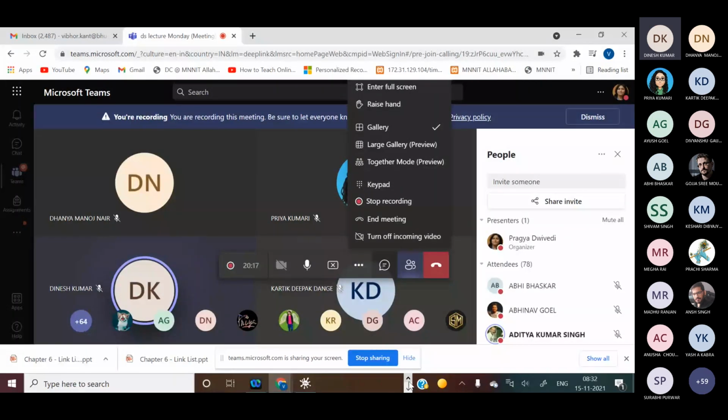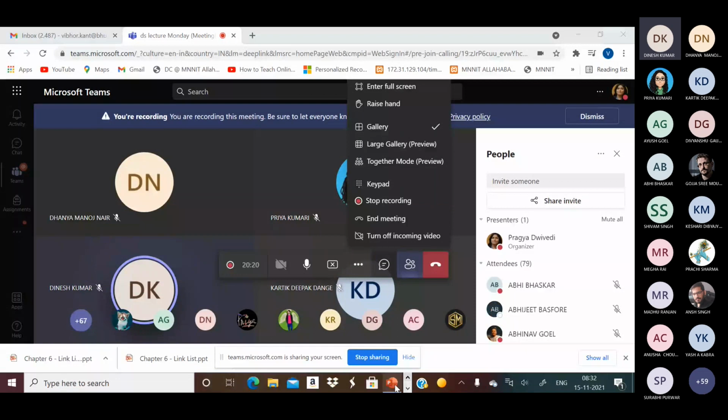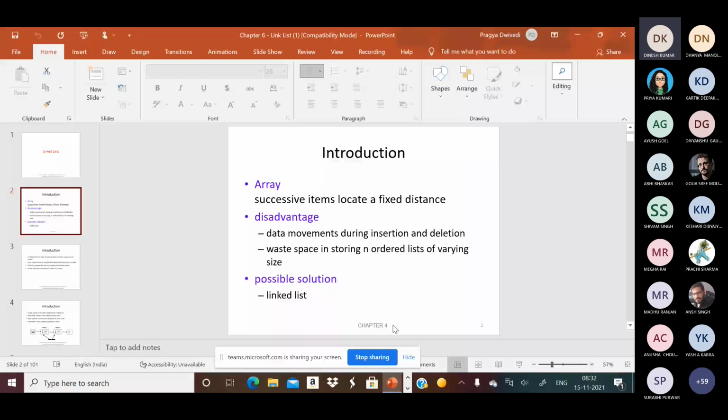So I am starting. You have seen some examples of how we can find out the complexity of a particular program, in terms of time complexity, and how we get it from the number of times the statements are executed. On that basis, we can find out the time complexity. You have seen some examples in the previous class. Today I will also discuss the complexity terms from time to time.